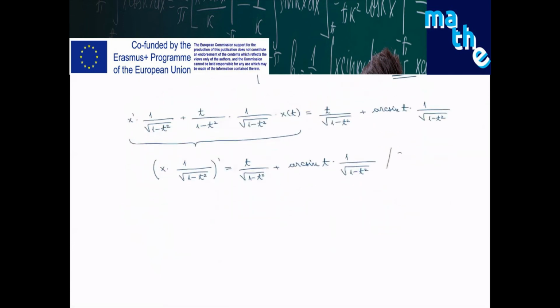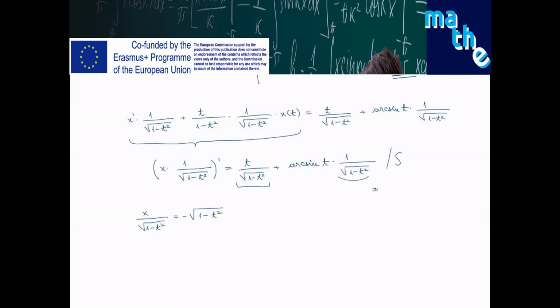By integrating, we obtain that x over the square root of 1 minus t squared equals the integral of this term, which is exactly minus the square root of 1 minus t squared,